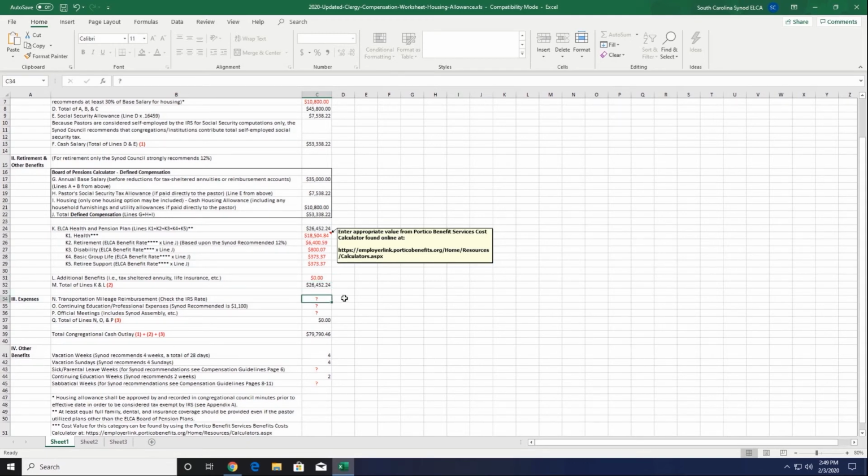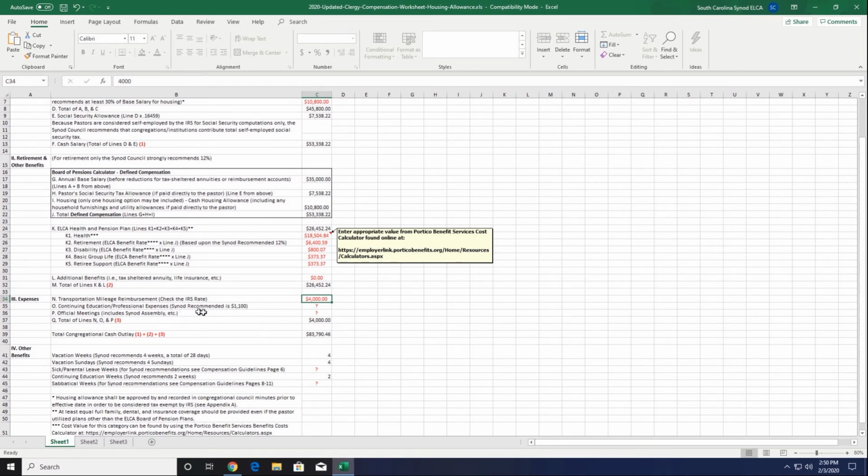So there's a number of different ways that you can do this in terms of pay package. You can either have the rostered minister give mileage charts and turn those in and get reimbursed up to a certain level, or you can actually put it in as taxable pay, and then the rostered minister would need to fill out mileage reports and submit them to their CPA and have them for proof as a part of their tax return. For today's purposes, we're actually going to put a mileage allowance into this first area here.